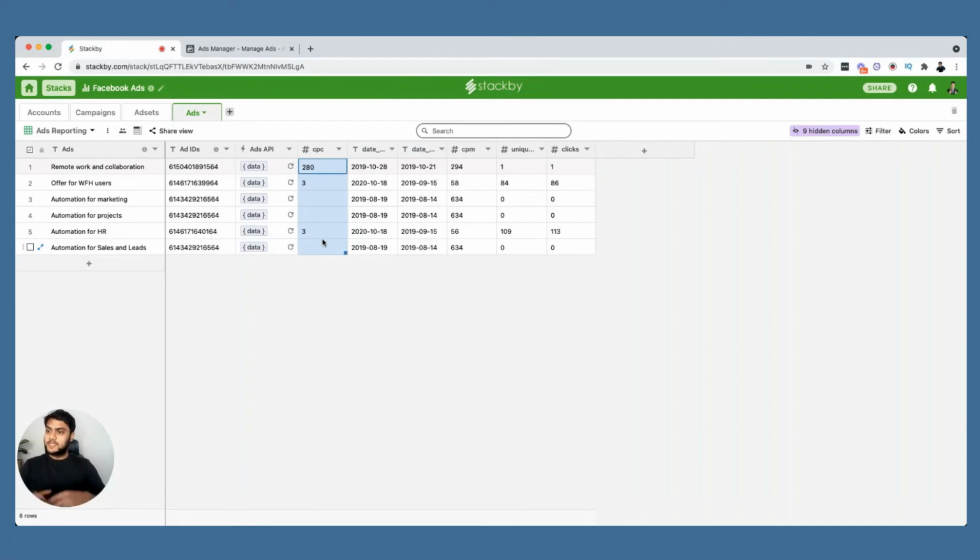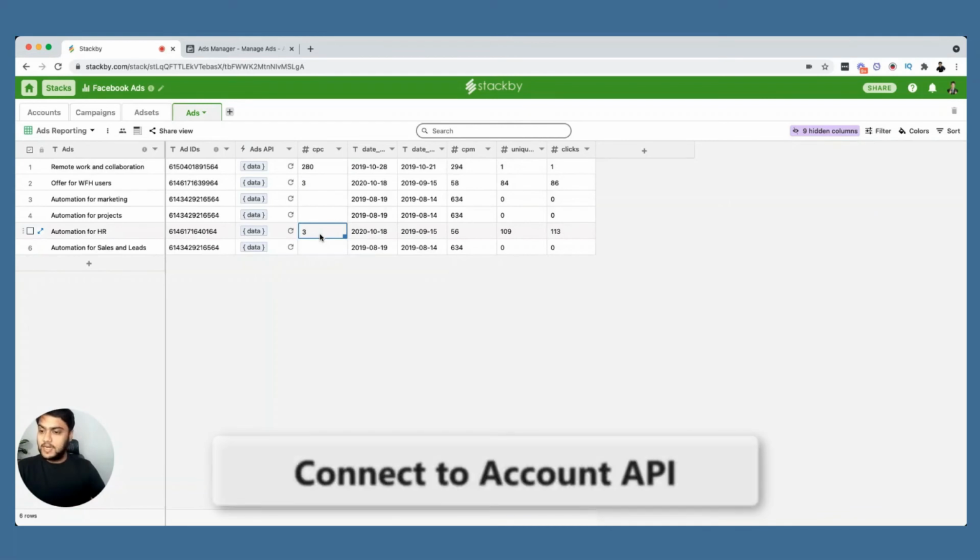So we started with campaigns, then we moved to ad sets, and then we moved to ads. So we can individually track each of the metrics across these 3 segments. Campaigns is the overall picture of that campaign. Ad set is an individual ad set within that campaign, and ads are individual ads within that ad set within that campaign, right? So this is how you can manage your Facebook ads reporting automatically in a single place.